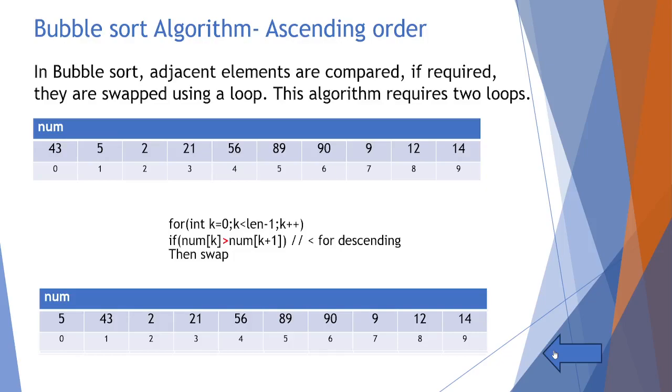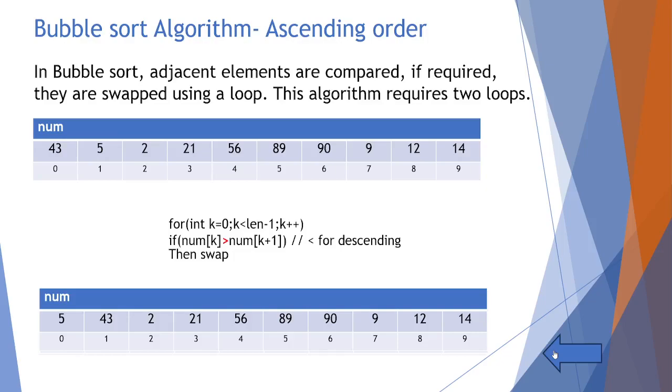Now, if you see the code, for int k is equal to 0, k less than n minus 1, k plus plus. This is the inner loop we are talking about. In the inner loop, if num of k is greater than num of k plus 1, k is initially 0, num is the array, num of 0 will give us 43. If it is greater than num of k plus 1,